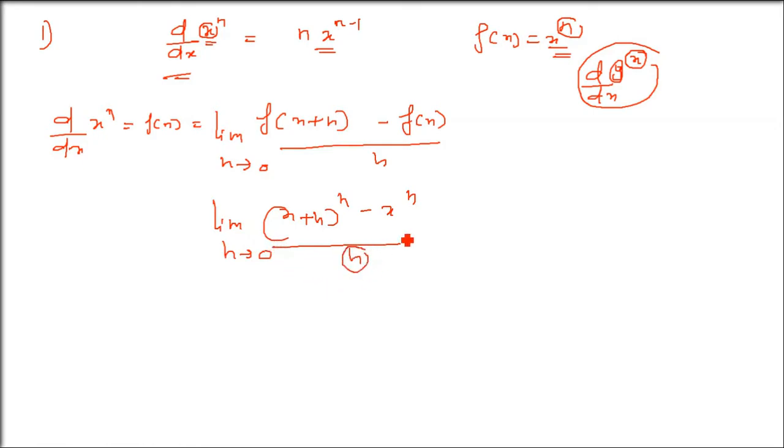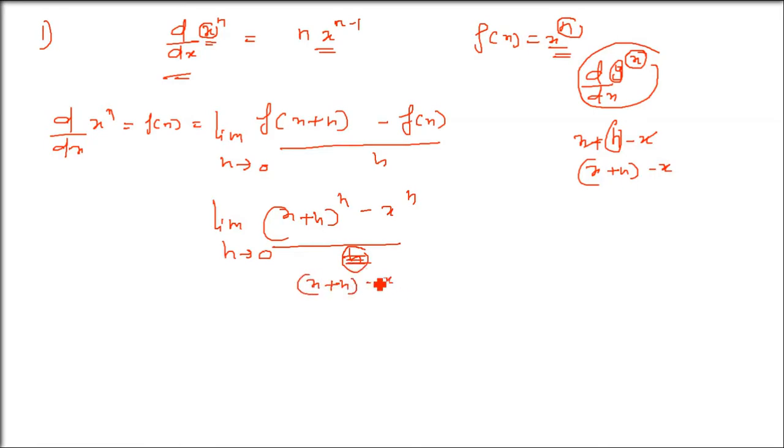The first thing is, you have h in the denominator. You can write this as h, and you can add and subtract x. Now you can cancel it. So h will be x plus h minus x. You can always write it as x plus h minus x. So in place of h, you can write x plus h minus x.